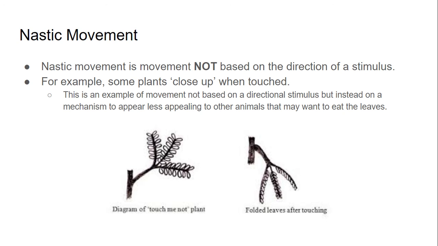This is just a mechanism that a plant undergoes to appear less appealing to animals that may want to eat the leaves. So while it is some sort of response to an outside stimulus, it is not based upon the direction of the stimulus. All of the other ones are moving towards or away from something. This one is just trying to have some sort of movement, but it doesn't matter where you were to touch this plant. At any point, if you were to touch this plant, it's going to immediately fold up to look less appealing and try and increase its